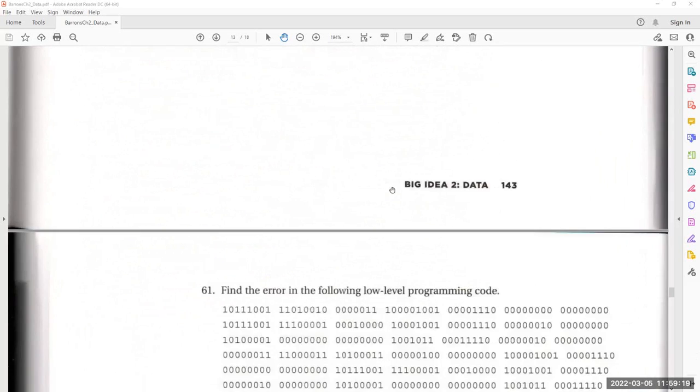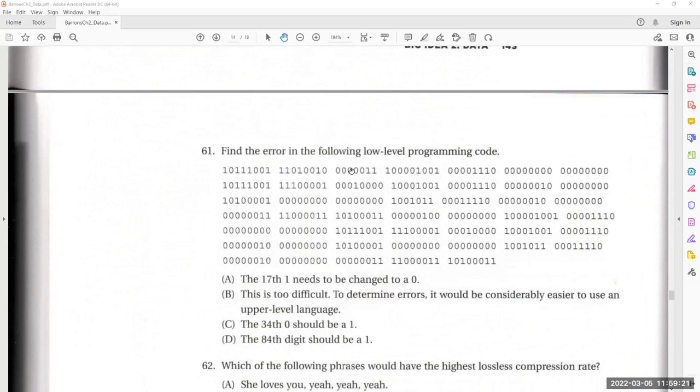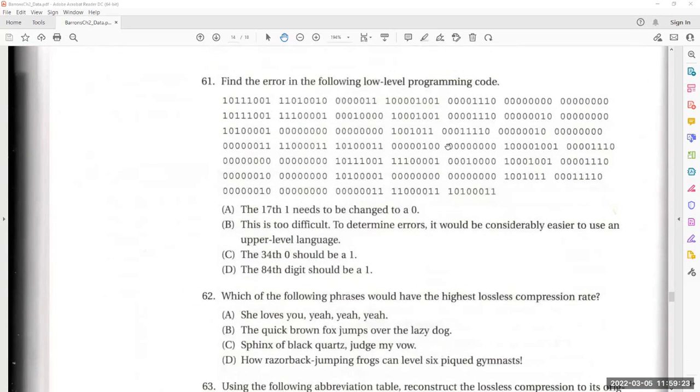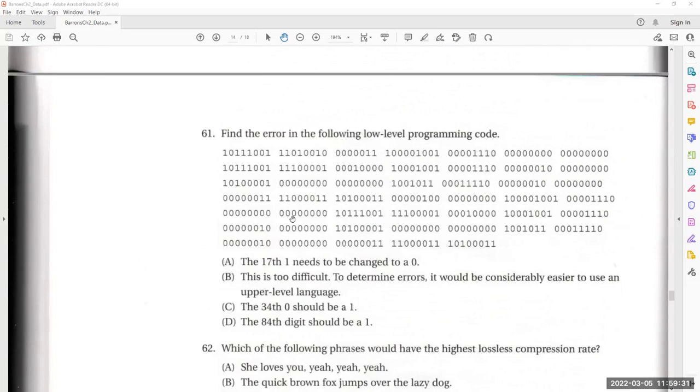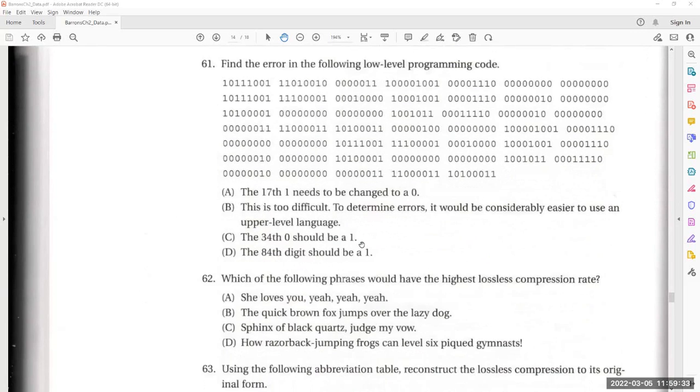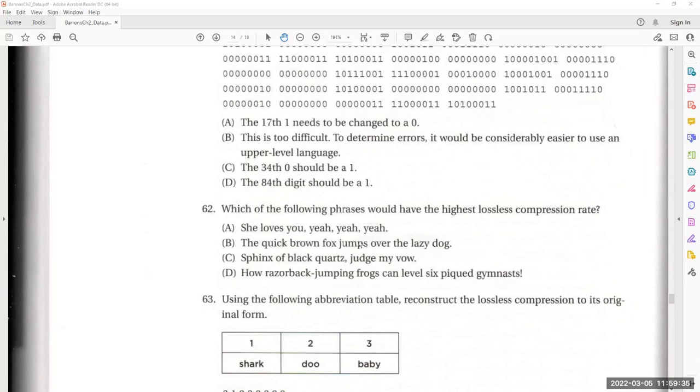61. Well, 61 is a trivial problem. Here I have another code. B: actually this is too difficult. Nobody can know it. Okay. No one can read the binary and know which line is wrong. Okay. 62